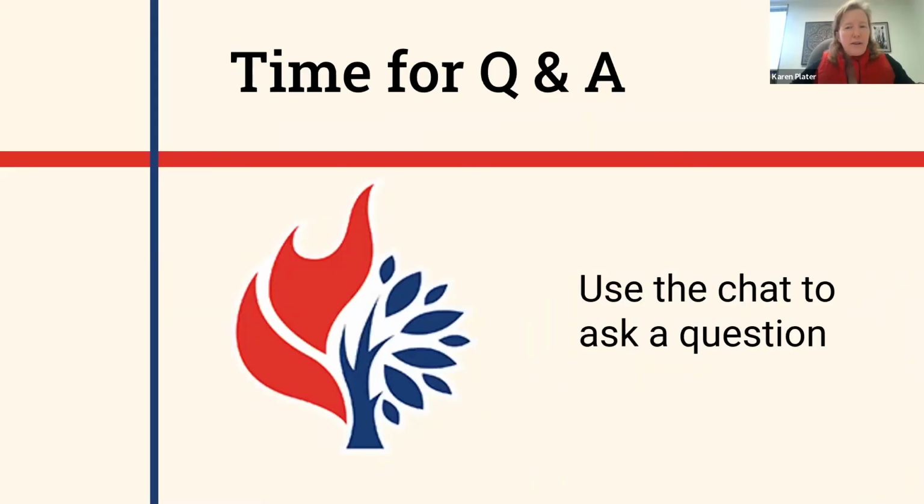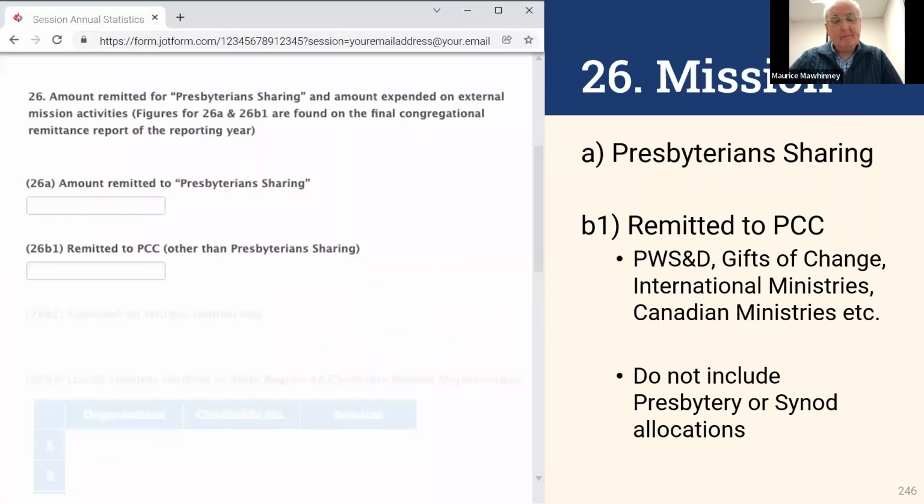So go back 2 or 3 slides. Oh, never mind. Okay, 26B1. Yeah, send 26B1. There we go. You can see remitted to Presbyterian sharing, remitted to PCC other than Presbyterian sharing. And that's PWS&D, gifts of change, international ministries, Canadian ministries, not presbytery or synod